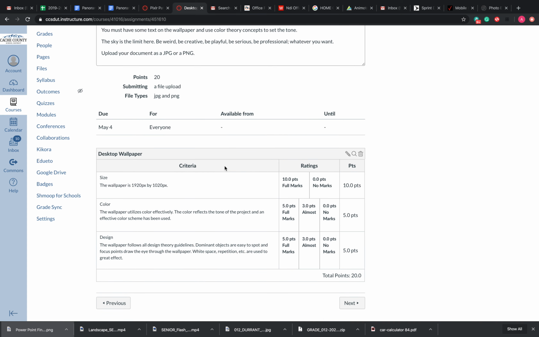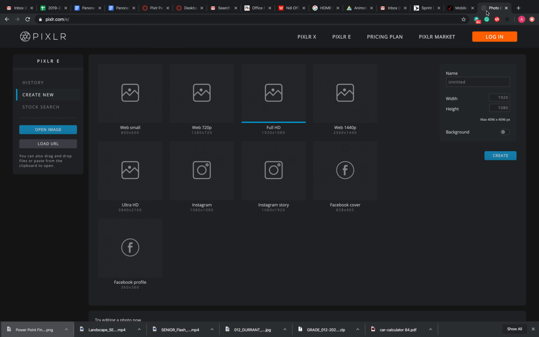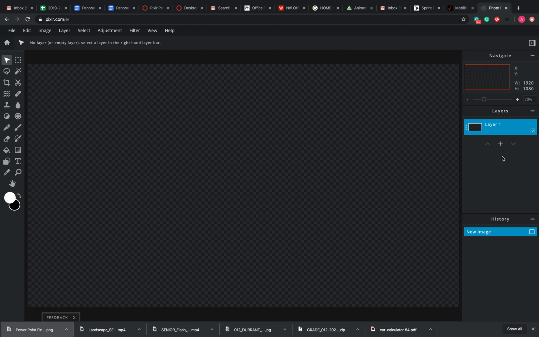This is your rubric. So if you go to Pixlr, make sure it's Pixlr E, and then you'll go create new, click full HD, that's the size and the instructions. Right here you're going to title it wallpaper, and then hit create. So from here you can pick your colors